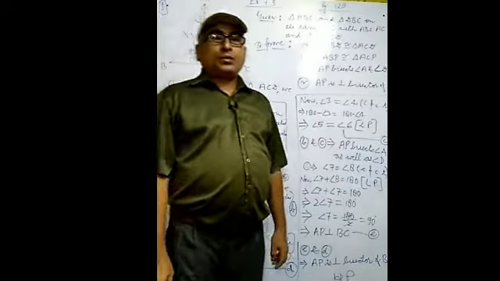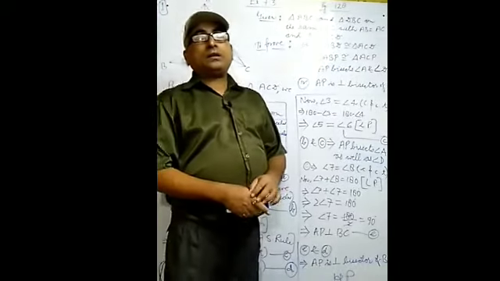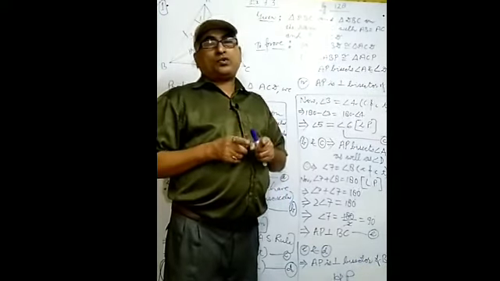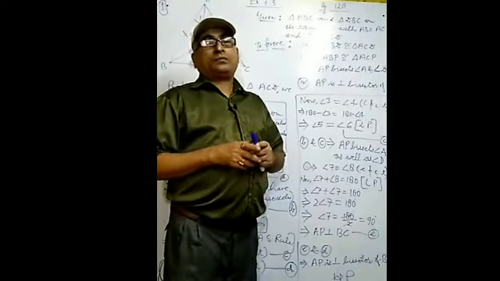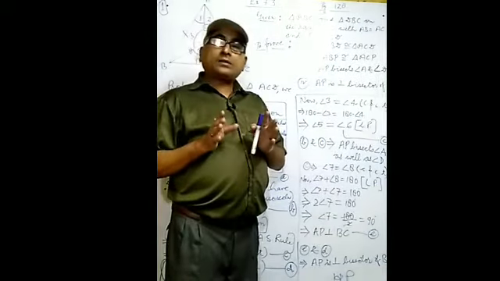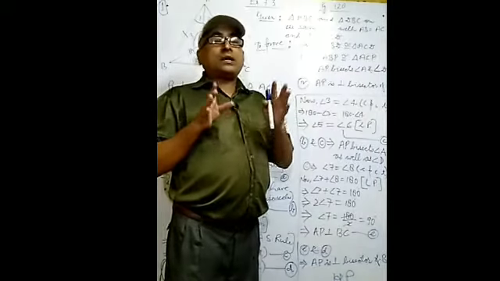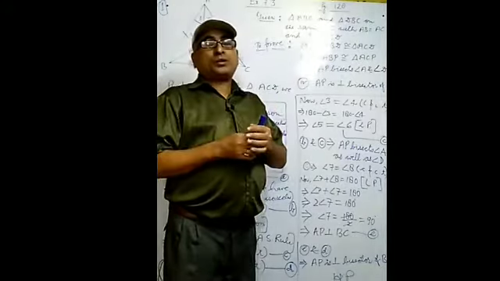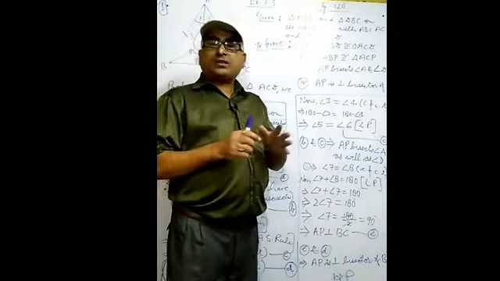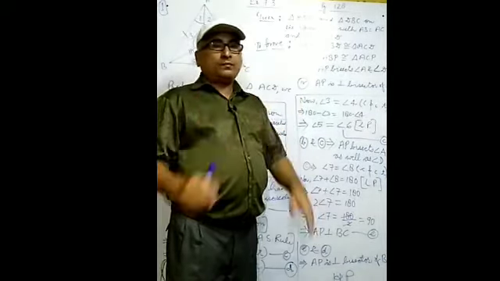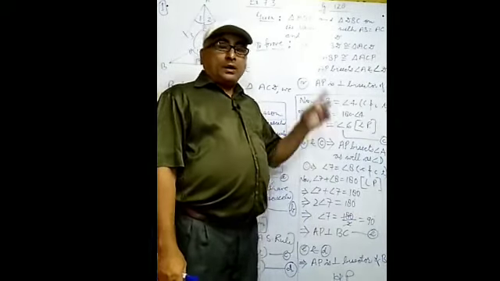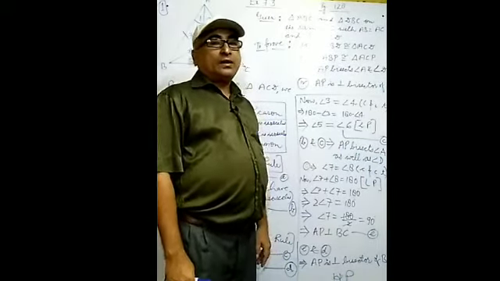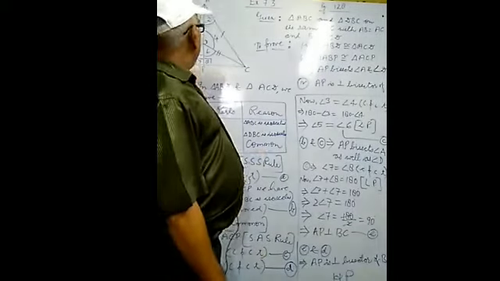In question number 1, there are two triangles and both of the triangles are isosceles. Which are the two triangles? Triangle ABC and triangle DBC. Two isosceles triangles are there and both the triangles are on the same base BC, which means the base of both the isosceles triangles is equal. This much part is given. Again, AD is joined and extended in such a way that it can intersect BC at point P.